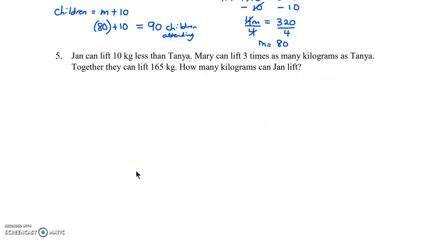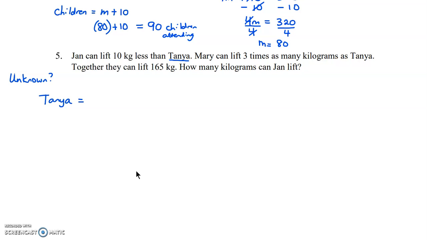Question number 5. Jan can lift 10 kilos less than Tanya. Mary can lift 3 times as many kilograms as Tanya. Together they lift 165 kilograms. How many kilograms can Jan lift? So we need to figure out our unknown. Who do we know nothing about? It's Tanya. We know something about Jan. We know something about Mary. Who we don't know is Tanya. So Tanya,